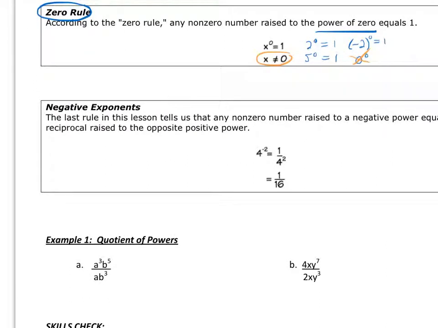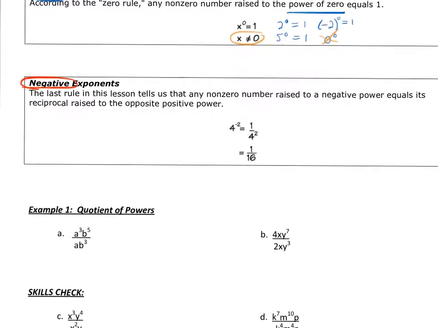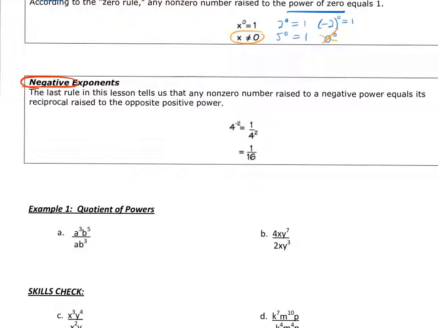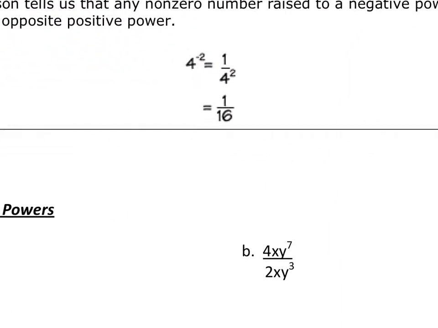A bigger, newer topic is negative exponents. Negative exponents are telling you that you have something in the wrong position. Now you can read the definition here, but the way I like to look at it is that when you have a fraction, you have a numerator and a denominator. And right now, 4 to the negative 2 power is over 1. And the way I think of it, the negative exponent with that negative says